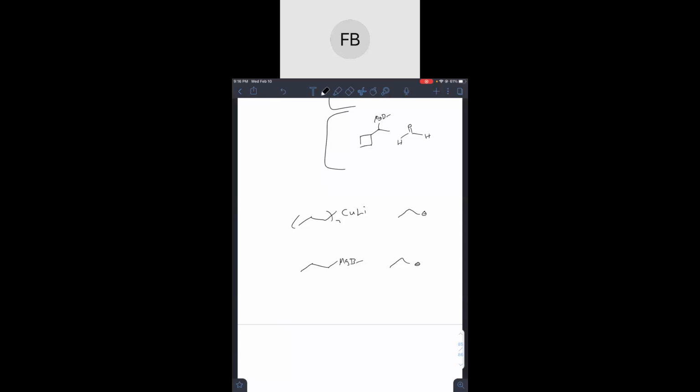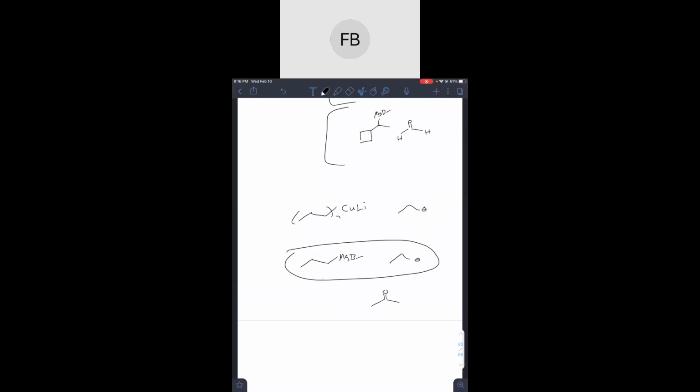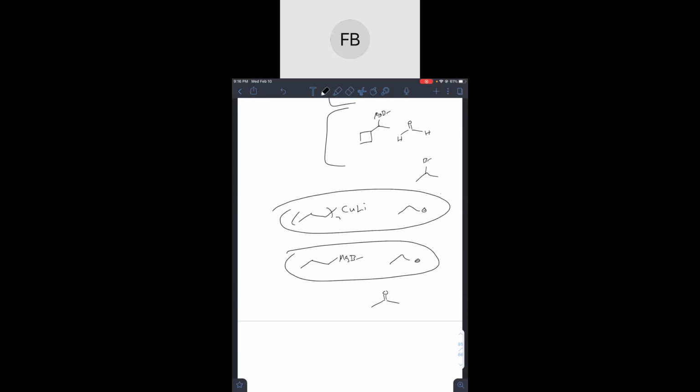The only thing is that they work in different situations. They're both nucleophiles, but this one has to react with a ketone, and this one has to react as a substitution. So if there's something with a bromine on it, it will substitute it and it will now become with a nucleophile on. Whereas this one will become,